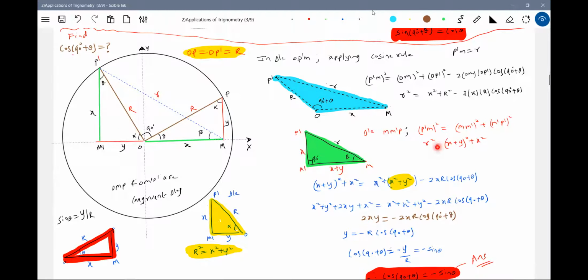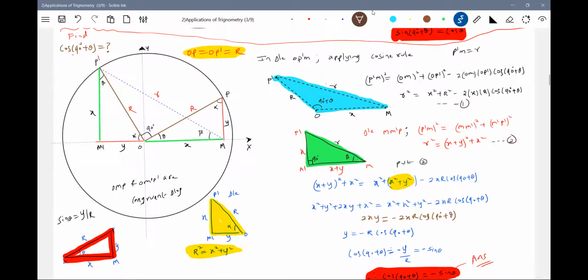So R square, and the X plus Y whole square. What is M dash? Should be X plus Y whole square. What is M dash P? M dash P should be X square. Keep this in mind. Now, shall we substitute this R square value in this above equation? So we'll give the number. This is equation 1, equation 2.